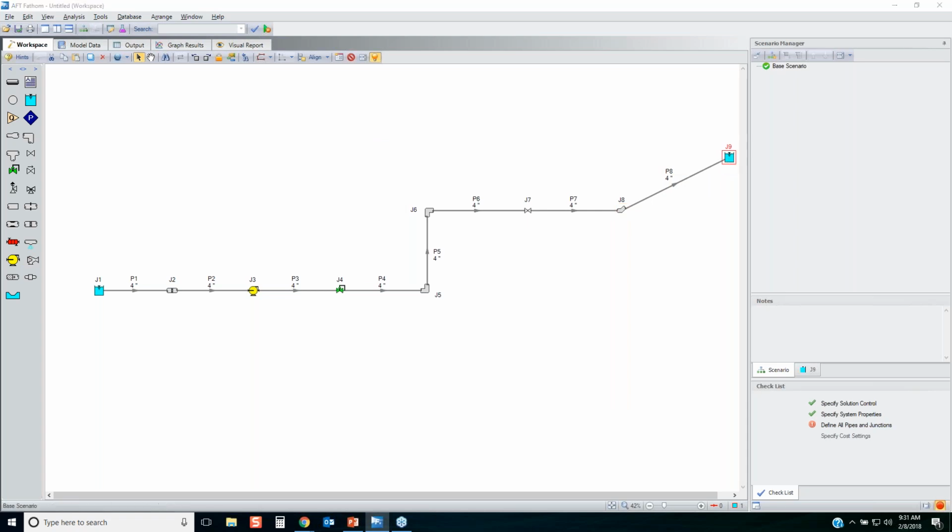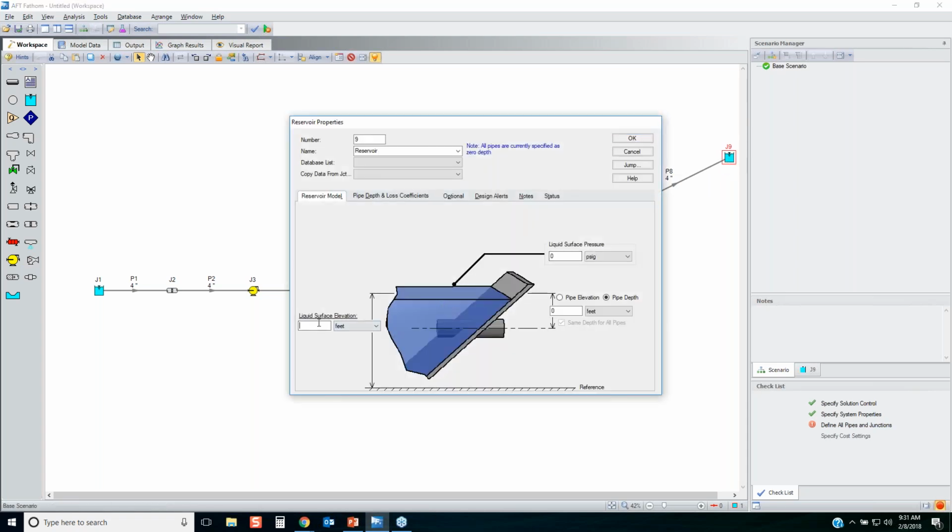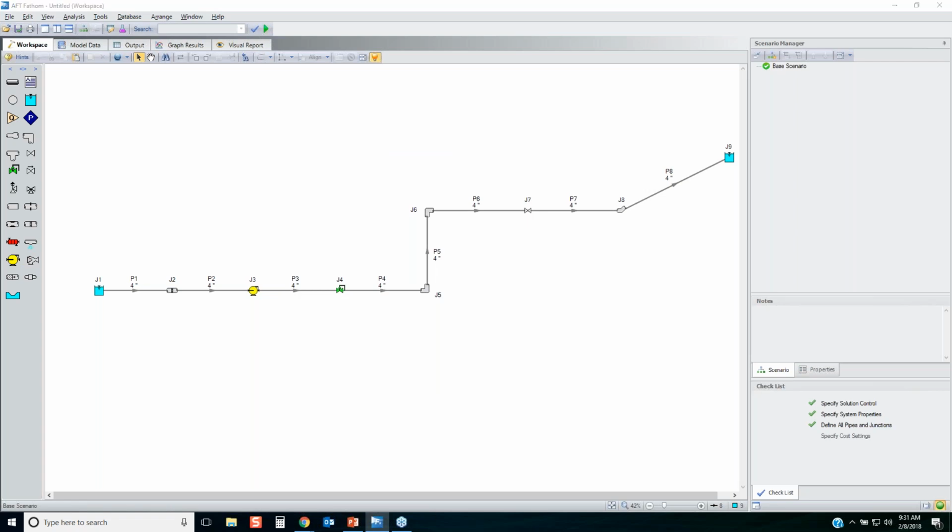And last but not least is my discharge reservoir. This guy is at a 200-foot liquid surface elevation, and that's where my pipe is going to be connected. Perfect. So now, as you can see, you've got all green check marks. You have a green status light. You could run your model and get results right now if you wanted to,